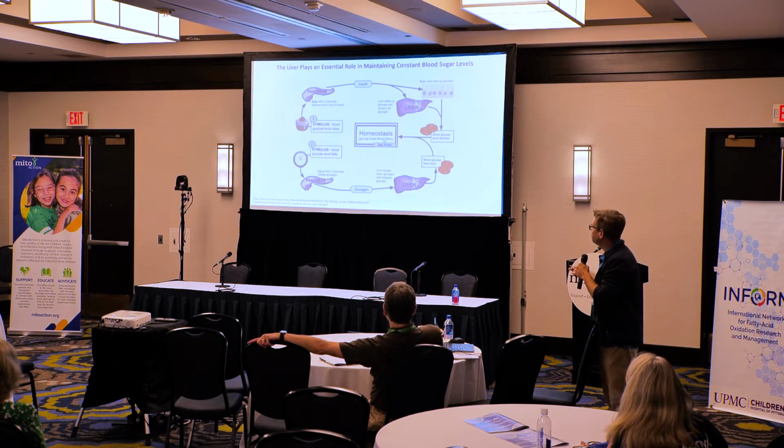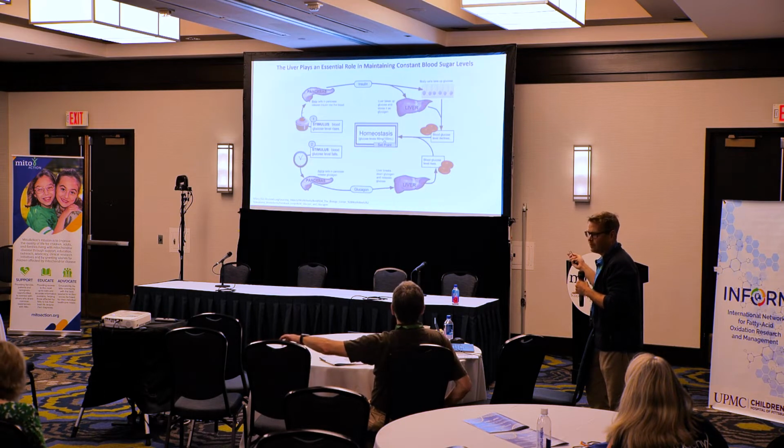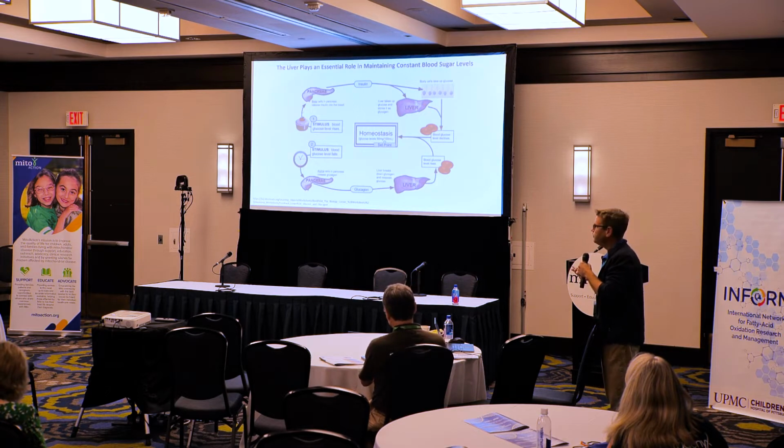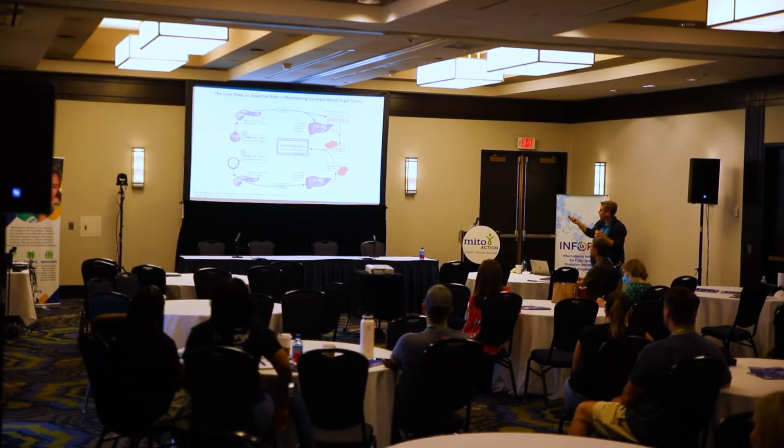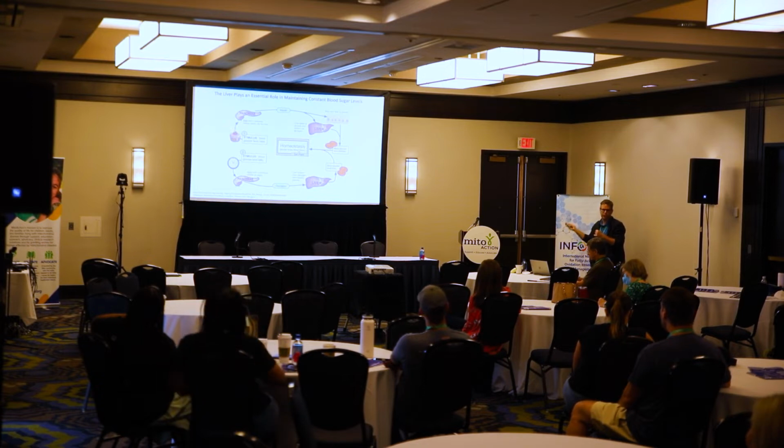This insulin is a signal to the liver that now blood sugar has risen because of all this food you just ate. So the liver wants to bring it back down. So it takes up a bunch of that glucose and converts it to something called glycogen. And also other organs are taking up glucose along the way,